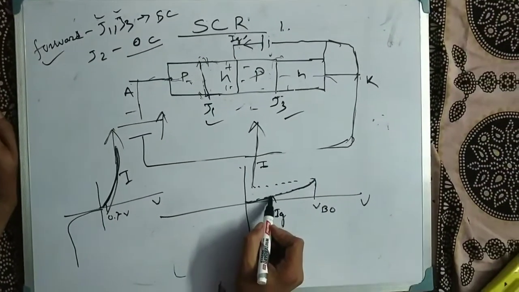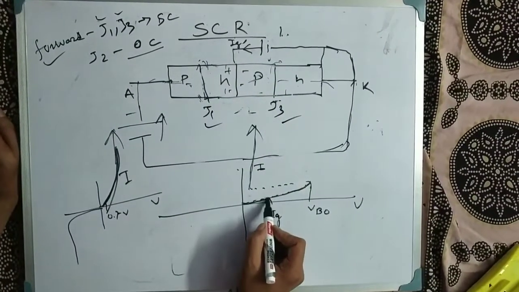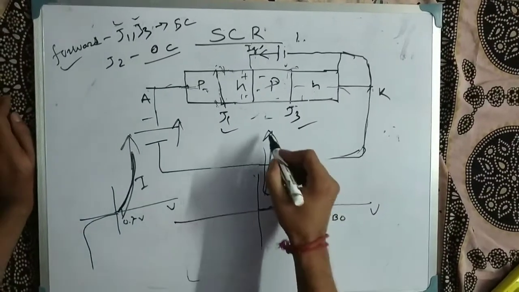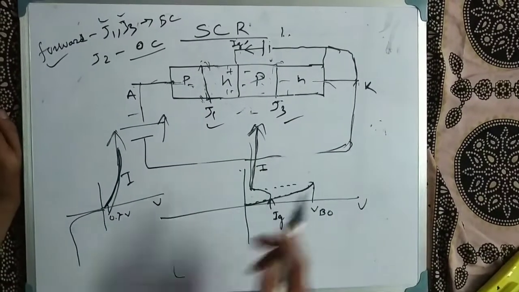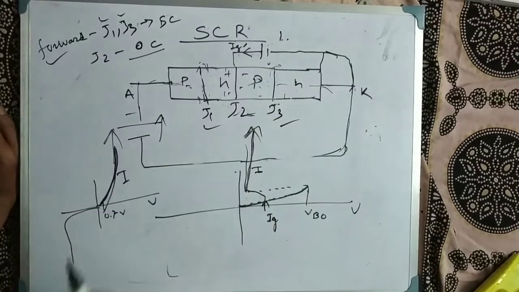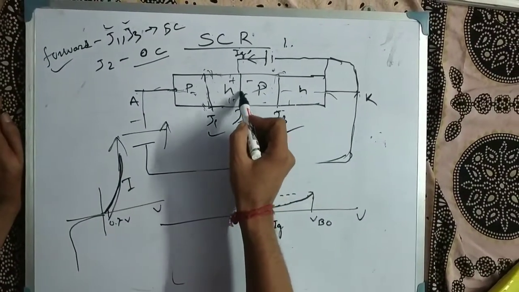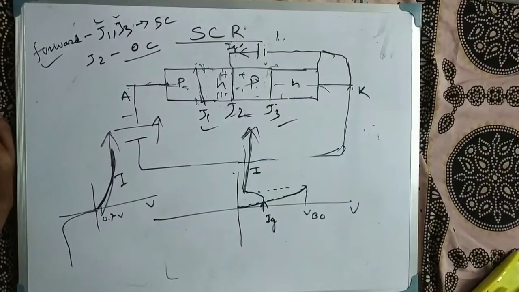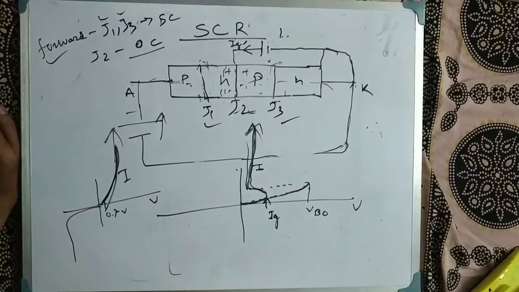The voltage is increasing, and here we are giving the supply to the gate current. Then this region will be removed, and it will act again as a diode, because it is actually a diode, a PN junction. So here the main barrier is the J2 junction for the forward bias condition. If the gate current is increased, the depletion region is removed, and it acts again as a diode.